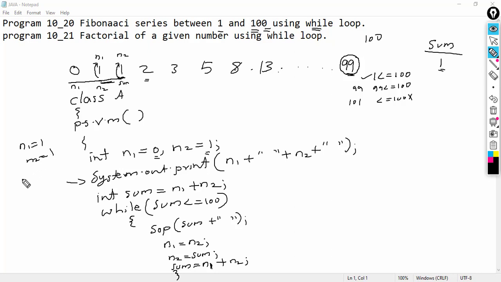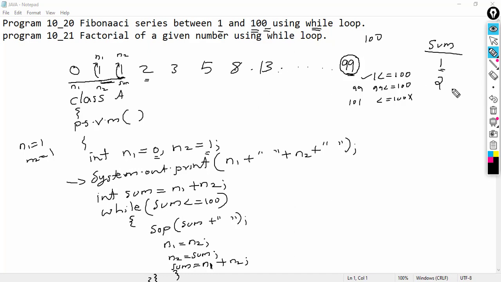So 1 plus 1 we will get 2 in the variable sum. So now the value of sum is 2. This loop will be iterated till the condition becomes false. Here the program is over. So we close the brace for the main method, and finally we close the brace for the class. After executing this loop completely, we will get the Fibonacci series till 100.